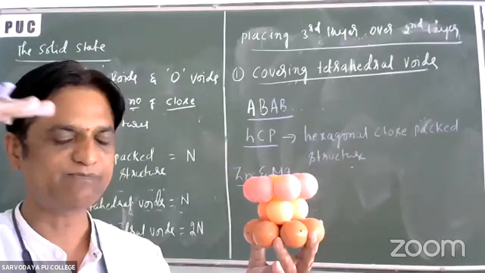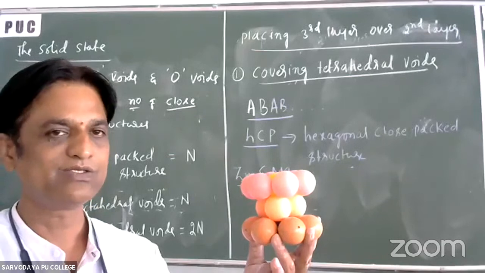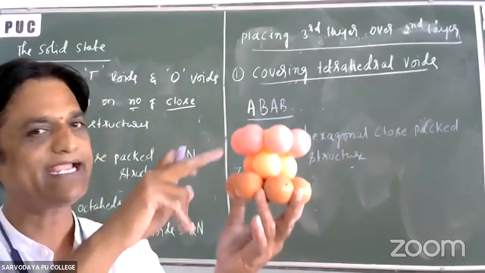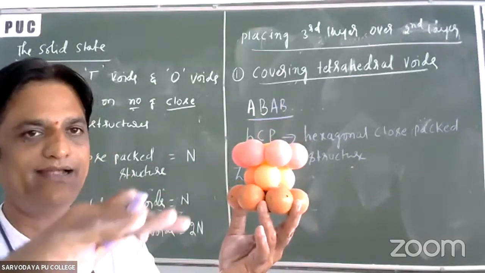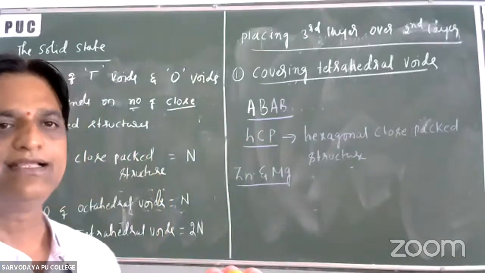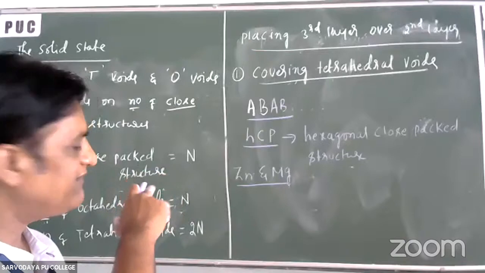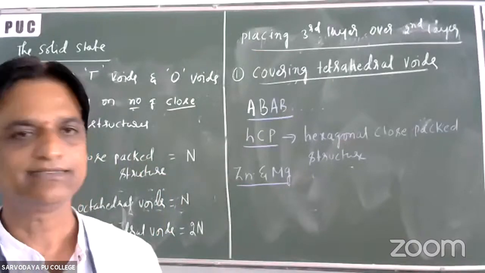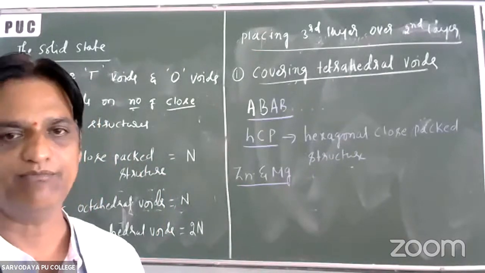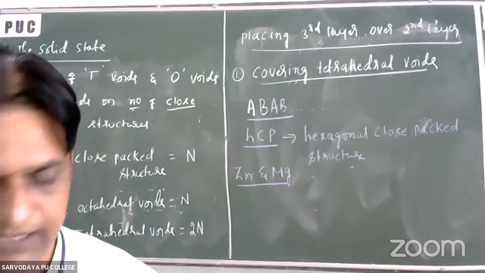When the third layer is placed over the second layer, the spheres of the third layer can cover tetrahedral voids, which results in a hexagonal close packed structure in three dimensions. And which are the examples for that? Zinc and magnesium. Similarly,